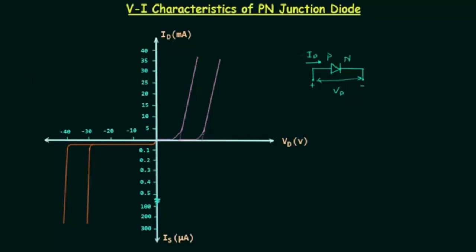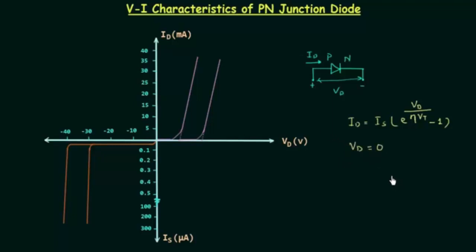Now from diode current relation, ID is equal to IS, where IS is reverse saturation current. In bracket we have e raised to power VD divided by eta VT. This is eta, ideality factor, minus 1. This is the equation of diode current, and if we consider the condition in which VD is equal to 0,